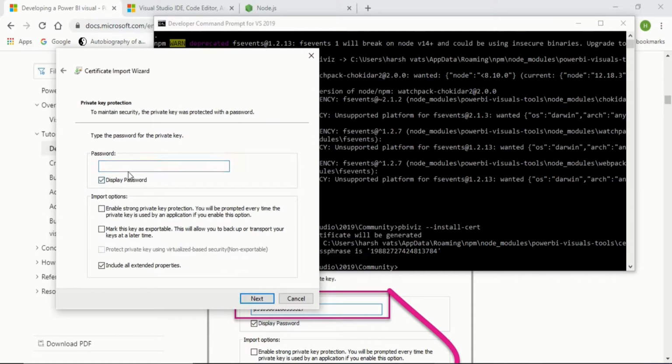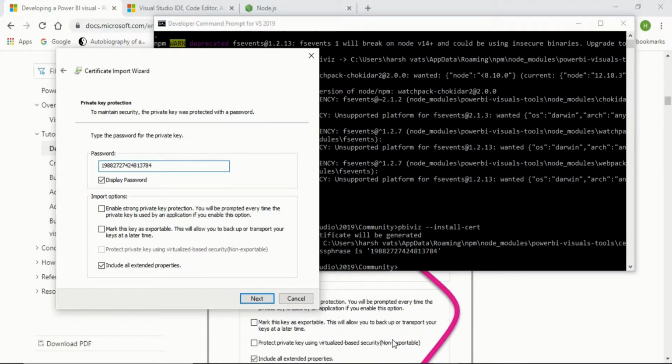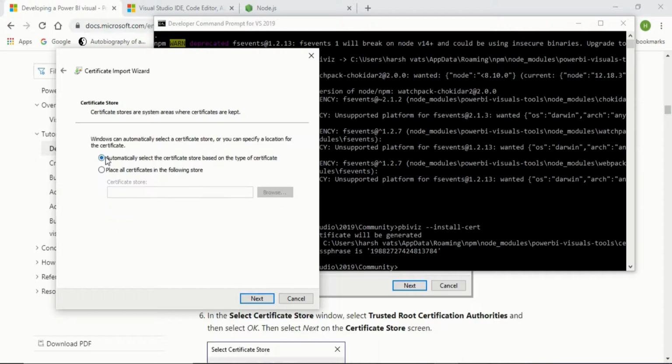Just click on display password, and you will write 198.272.481.3784. Kindly check here that this is the passphrase which you have to write in this password field. After that, just click on next.